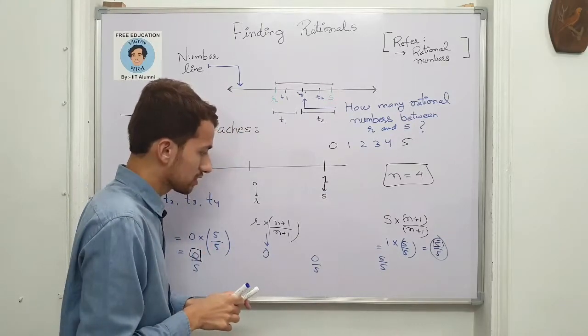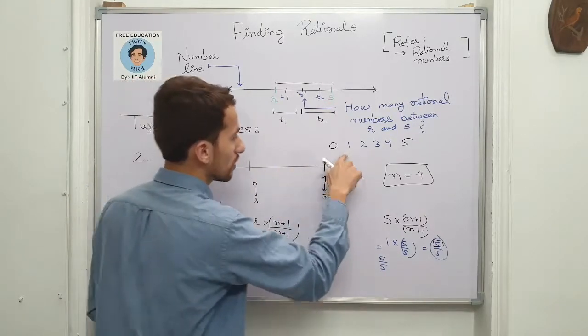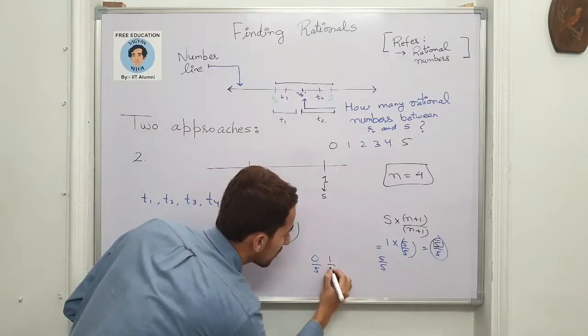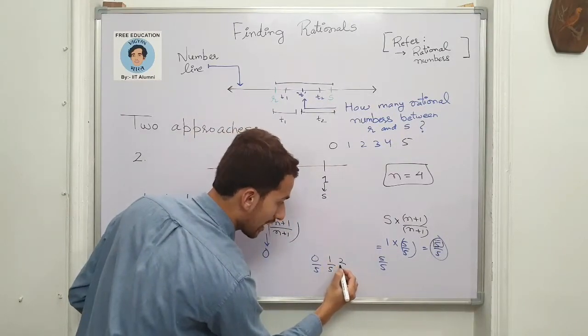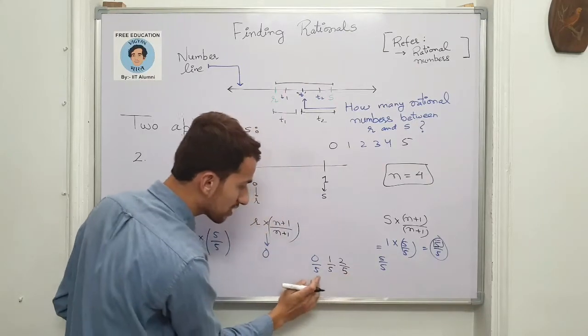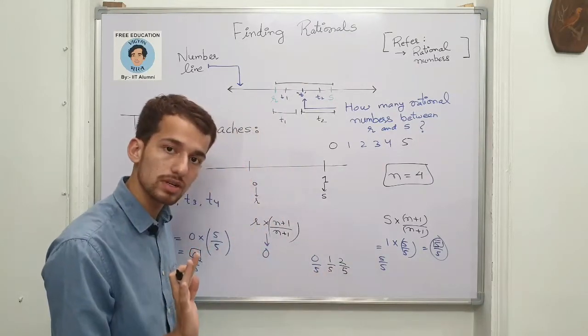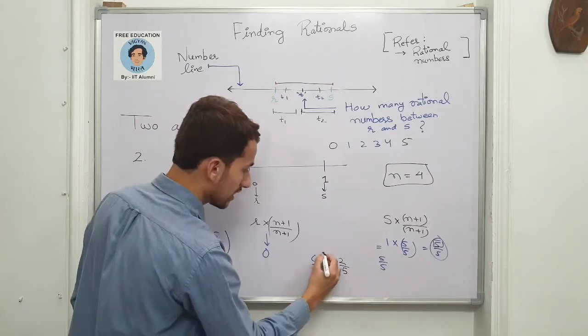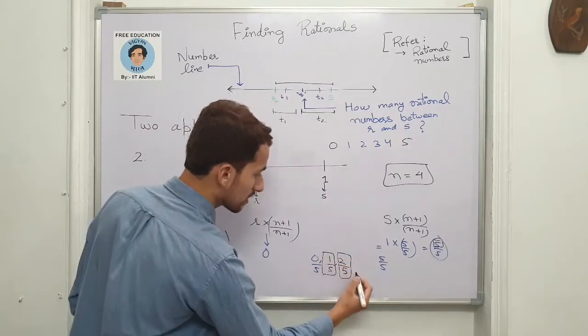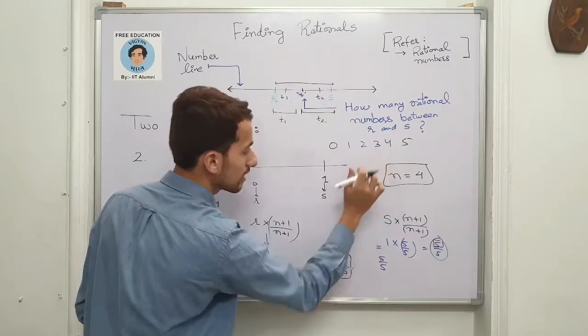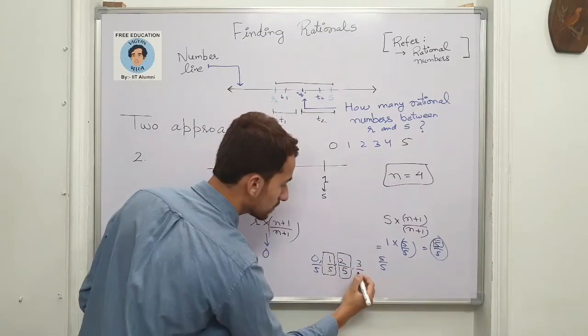So now let me use some different color, black one. If I now choose 1, so 1 by 5. Now use the second as a numerator, but observe the denominator is the same in all the process. So this is our first rational number, comma. This is our second, comma. Third is, similarly you can continue.